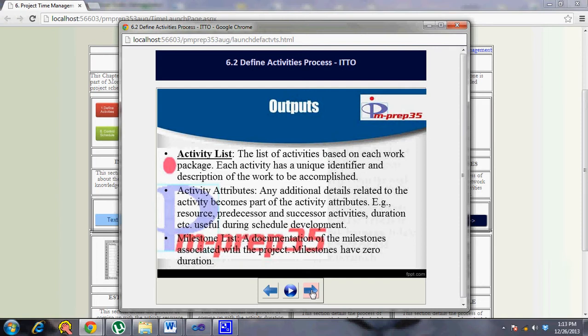Then there is the milestone list. Normally activities have a duration attached to them, but a milestone does not have a duration, or it has zero duration attached to it. Mainly you add milestones because the project manager can easily include some milestones of his own for better tracking. For example, on a weekly basis I can include certain milestones which are not actually part of the project mandate, but as a project manager I want to, so that I don't get too involved in the technical aspects, I just make sure certain things are reached.